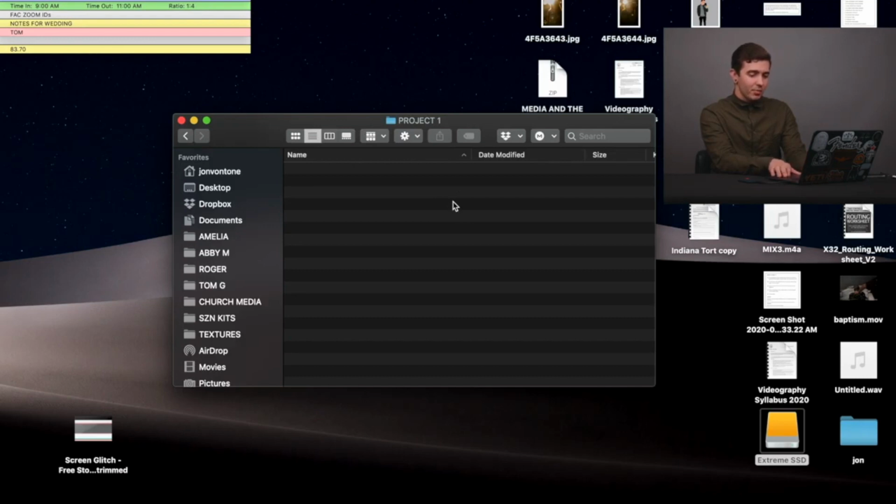It saved me a ton of brain power that I could divert to other things, and it's one of those things that once I got used to doing it all the time, I don't want to ever not do it. So inside the Project 1 folder, when I do a project, I will always split between at least two things,